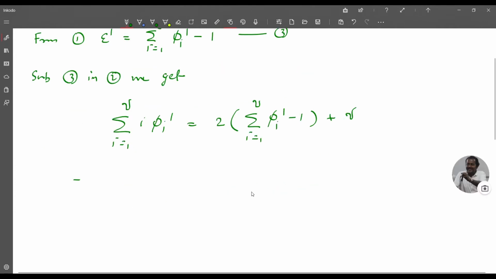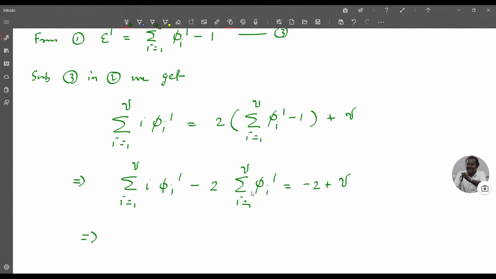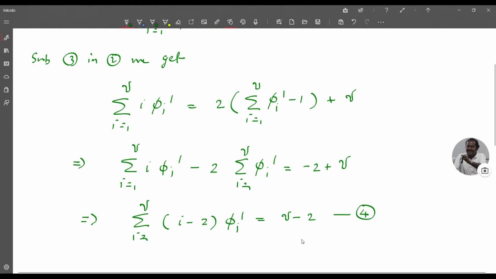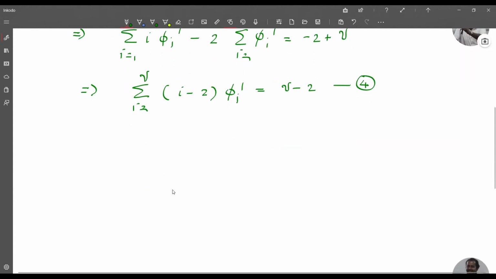So this implies sum over i = 1 to ν of i φ_i' minus 2 times sum over i = 1 to ν of φ_i' equals minus 2 plus ν. This implies sum over i = 1 to ν of (i minus 2) φ_i' equals ν minus 2. This is equation 4. Now by similar arguments on the exterior of C, we get similarly